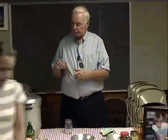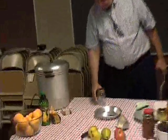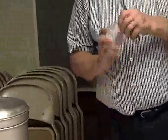Now every lid comes with a little dimple, a little rise in the middle of the lid. Once you put it on, screw the lid on, it starts cooling, you set it aside, you go about doing what you're doing. About 10 minutes later you'll hear,